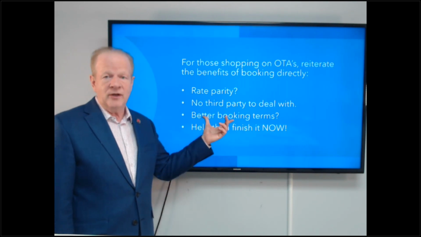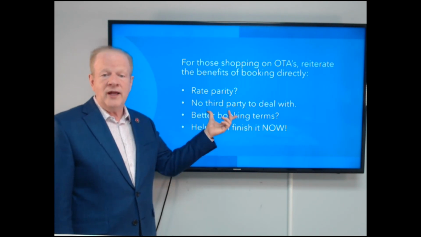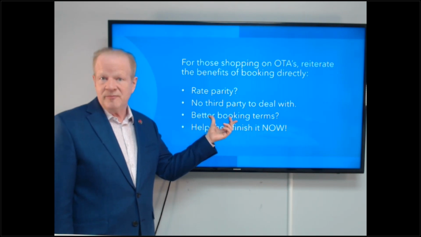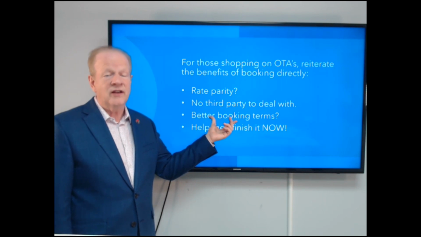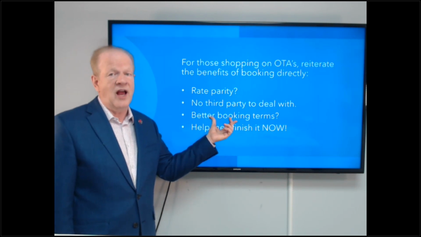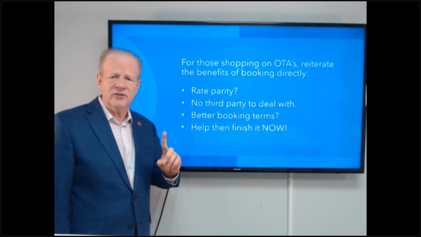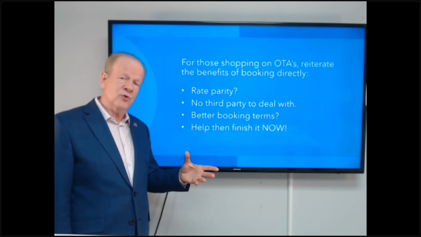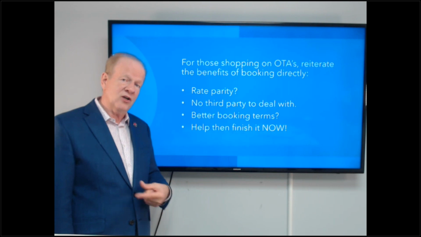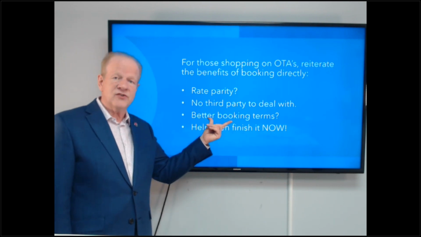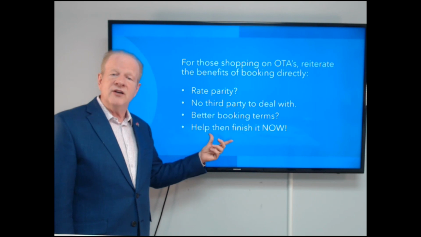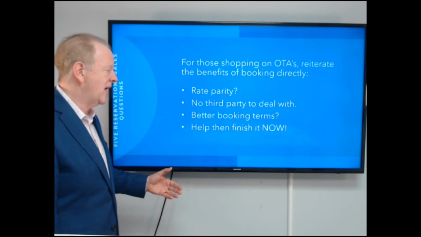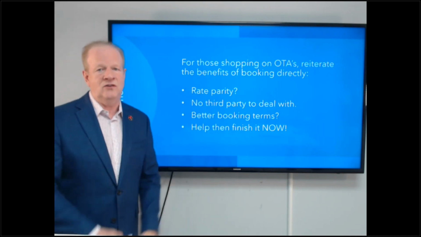Now, if you're a vacation rental company, somehow you all get away, the OTAs have not clamped down, you are allowed to have rate disparity. That means your direct rates can be less than the OTA rates at a Vrbo, or if the caller is clever enough to have looked up the actual home name on Airbnb, found their way to your website and called you, you could have better rates and also better booking terms. But here's the real thing: across all channels, across any type of lodging company that is represented in today's webcast, you can help and finish it now.